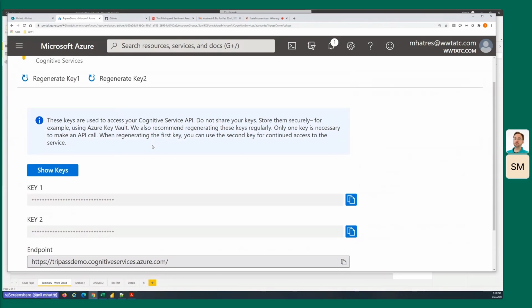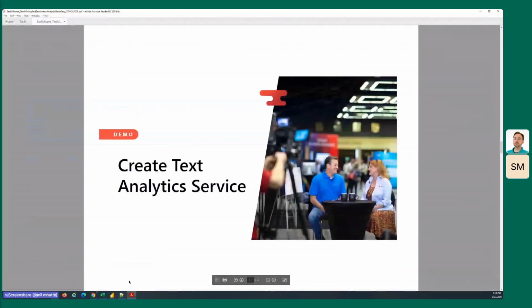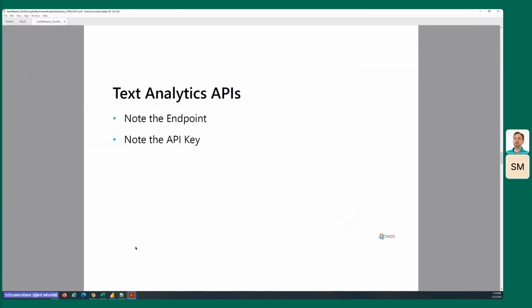Assuming you have your endpoints and access keys saved, I'm going to go back to the slides and see what we are going to do next. We created our text analytics service in Azure, and we made a note of the endpoint and a note of the API key.